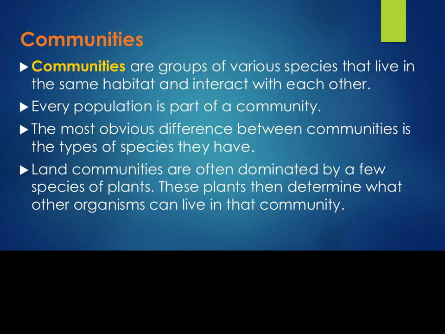Communities are groups of various species, groups of various populations in the same habitat that interact with each other. All right, so every population is part of a community and it interacts with other populations in that same community. The difference between communities is the types of species. Land communities have a few species of plants that are dominant, and these plants determine the other organisms that live in the community. So if we think of some major land communities or biomes, as we'll talk about in a couple of units,